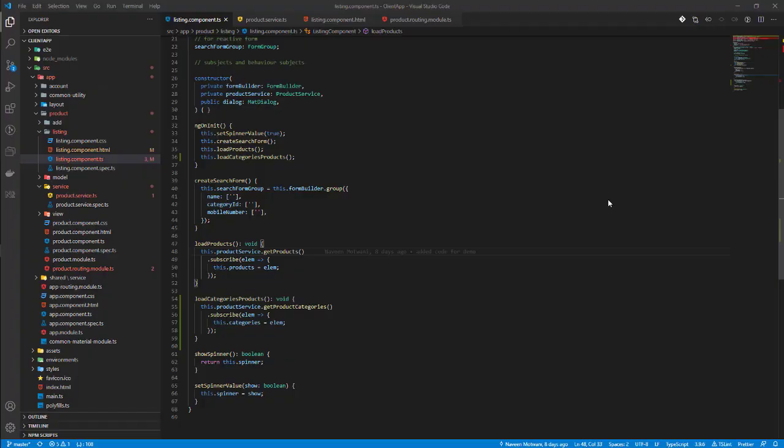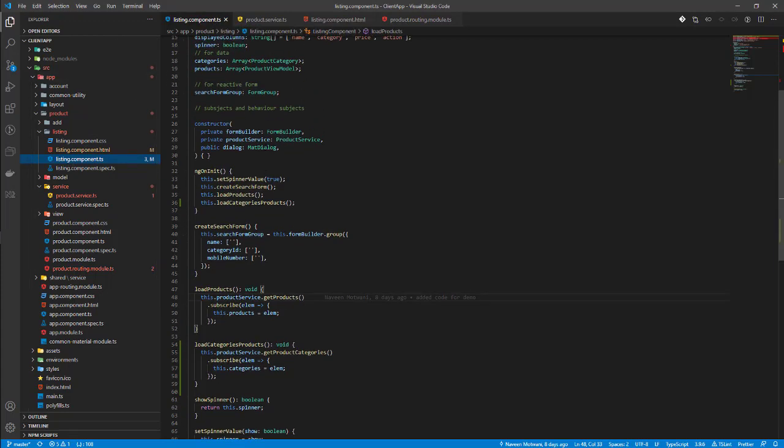Alright, so this is my sample application, and for the most part I'll be focusing on this listing component. Right now I'm at the listing component.ts file, and here I have a couple of variables defined which hold the value of category and product.